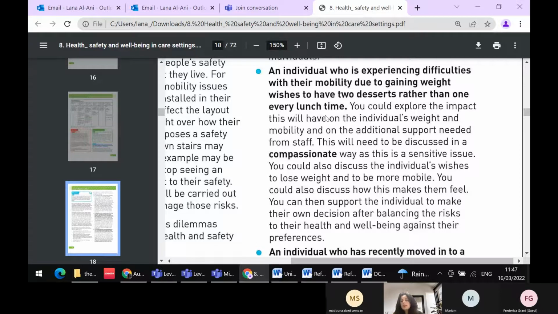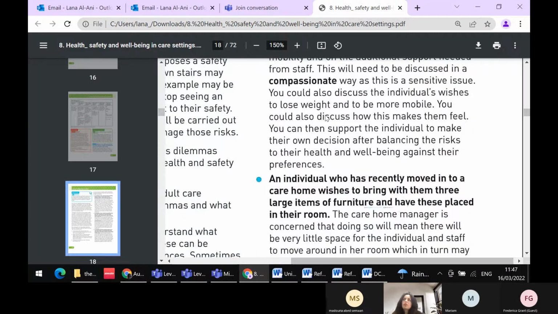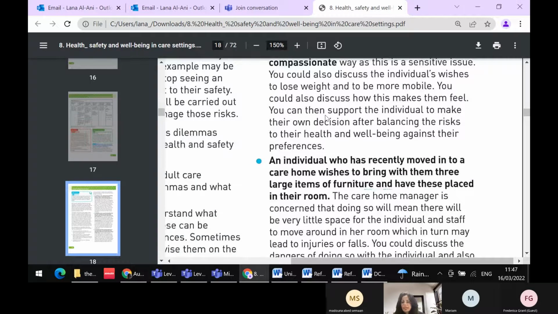Having a risk assessment is just to have the right procedure in place, and give the potential client all the information they need to make sure they stay